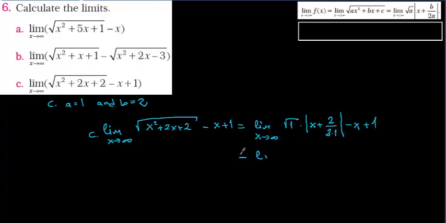Then it's equal to limit x tends to infinity,